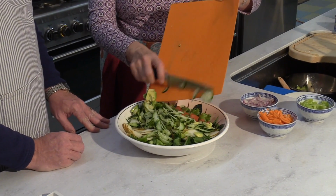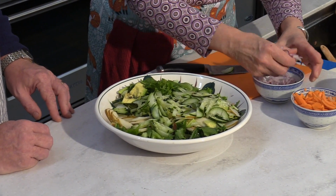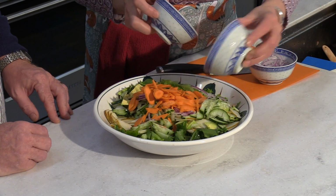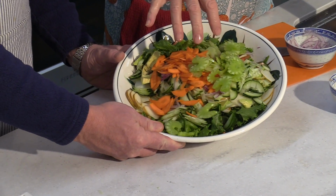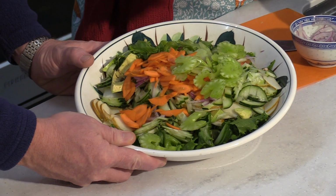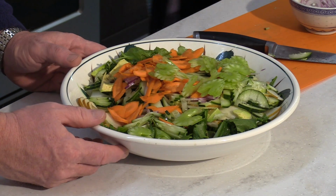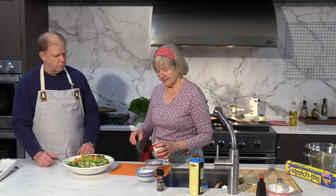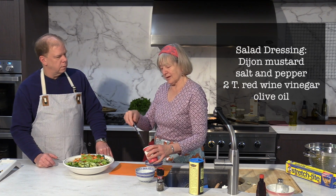Boy, if you like a salad with fixings, this is it. I don't think I like all this onion, but just some. Wow. And usually with chopped celery, you really can't eat it. It just keeps falling off of your fork. But this way, it's thin, like a piece of cucumber. And then I mixed up a dressing with salt and pepper, Dijon mustard, a couple tablespoons of red wine vinegar,